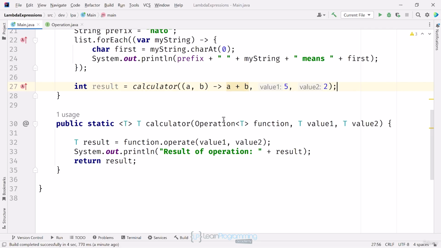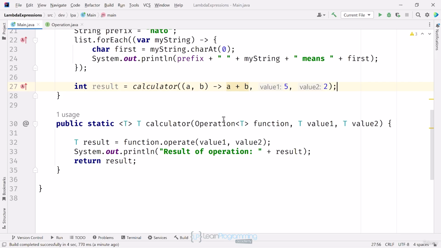But I haven't defined the types for the parameters, have I? Well, I actually have passed integers as the second and third parameters to the calculator method. The operation interface's type is inferred in this case, not with an int value, because you'll remember generics don't work with primitive values, but with Integer, the wrapper class. I can assign it to an int result because of auto unboxing, and the values are auto-boxed before the operation